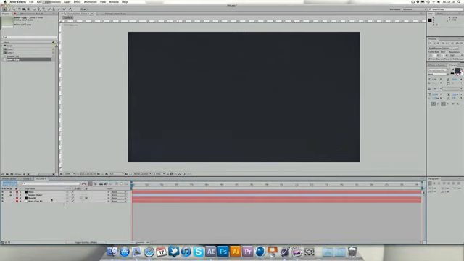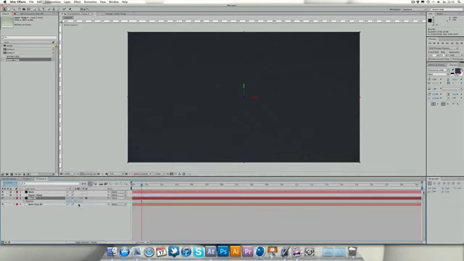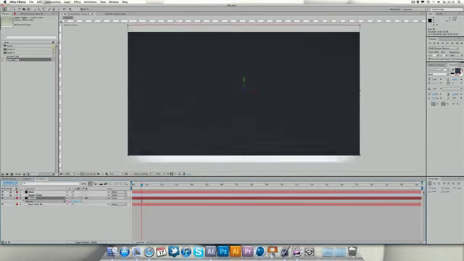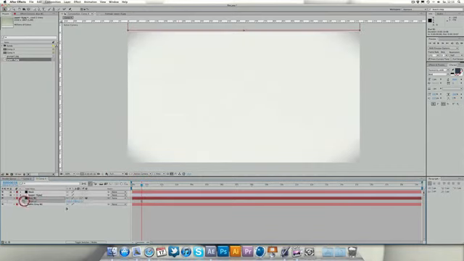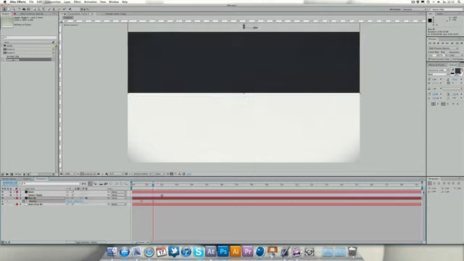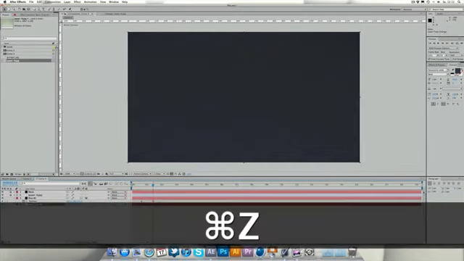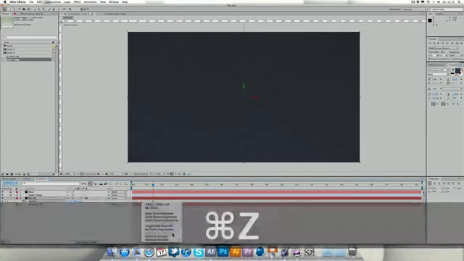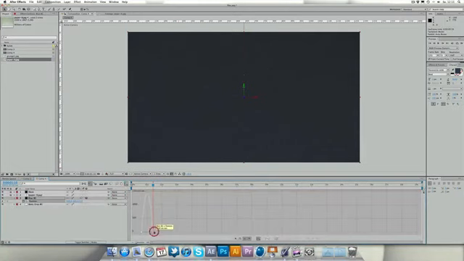Because we later going to move this one, and let's animate it in, probably move a few seconds forward, and let's animate the Y position value and turn it down to 360. We're gonna make this easy ease,